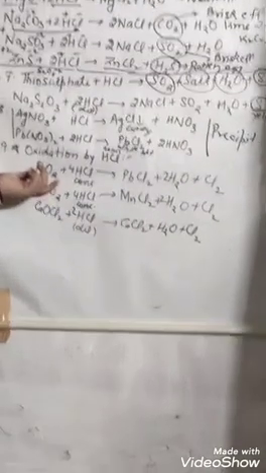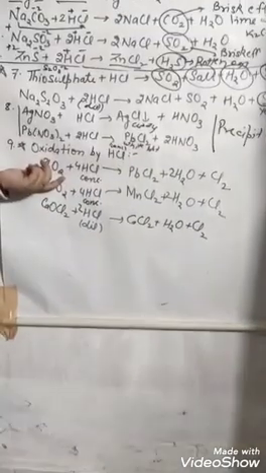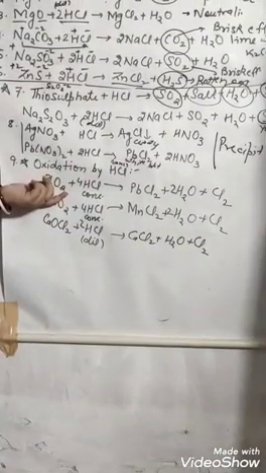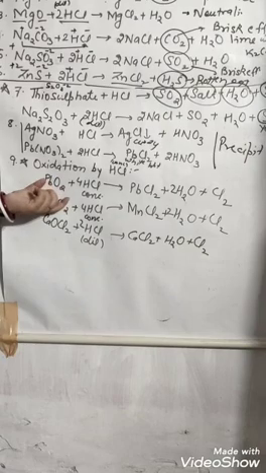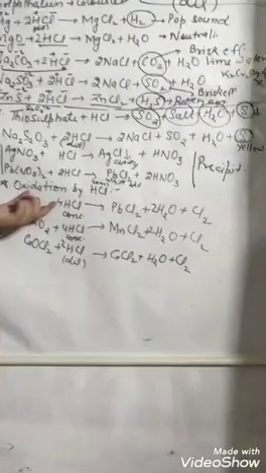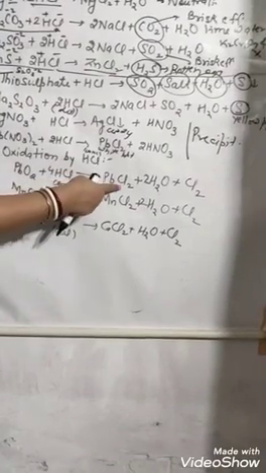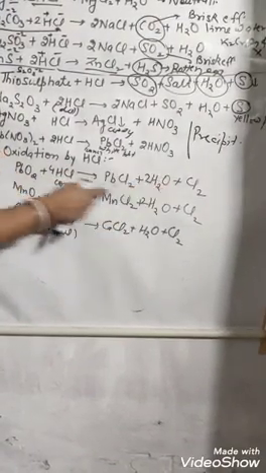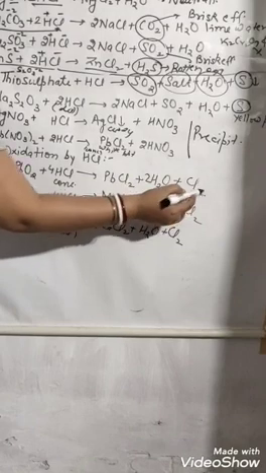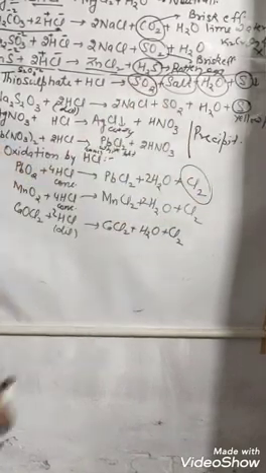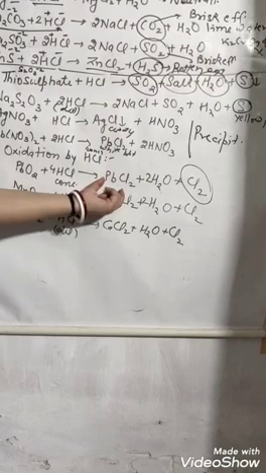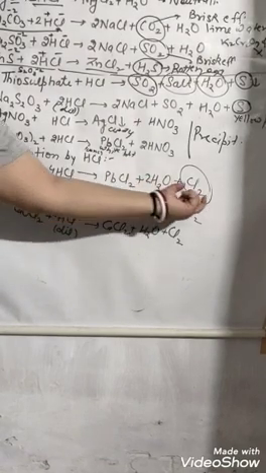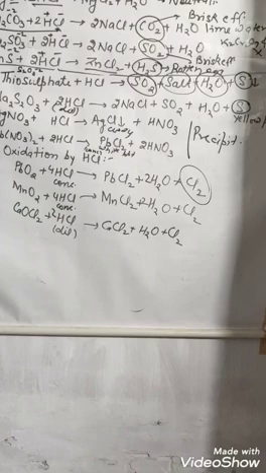PbO2, as we have learned in acid, base and salt, PbO2 is a base, oxides are bases, but it is not considered as a base because when it reacts with HCl acid, it is forming PbCl2 and water, just as in neutralization. But together with this, what is forming? Cl2, chlorine gas. So a base is a base only when it is releasing only salt and water, but it is releasing chlorine. That is why it is not a base.